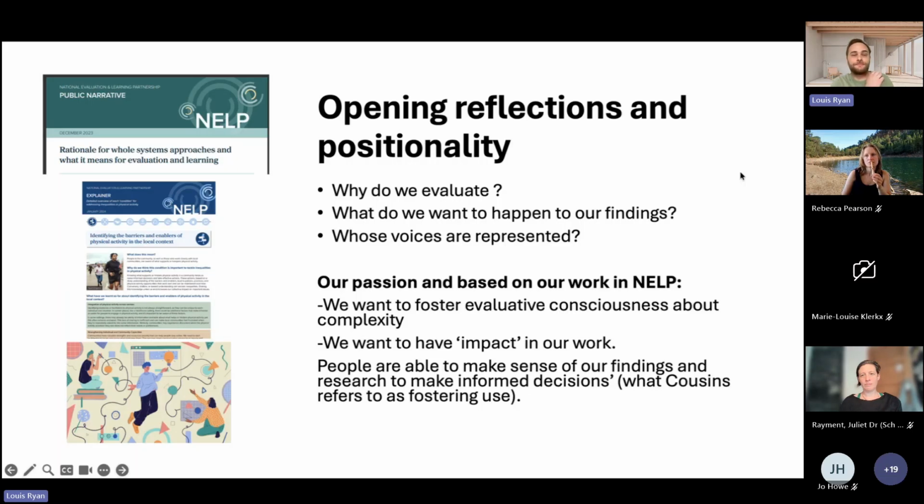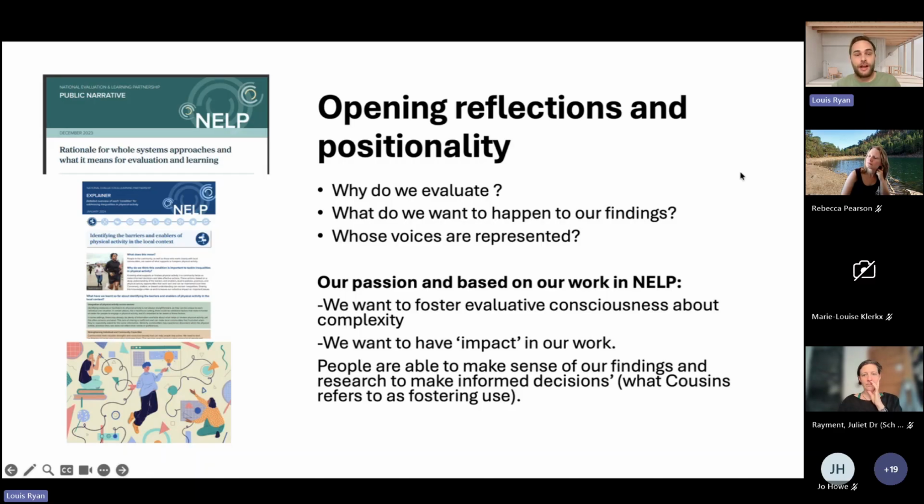So in terms of the positionality, the reflections for why do we want to even consider some of this work? The work that we do with the National Evaluation and Learning Partnership is very much around looking to evaluate differently, looking at, instead of traditional approaches to maybe getting people physically active, can we view this in a way that we appreciate the complexity of people being involved and getting them active?